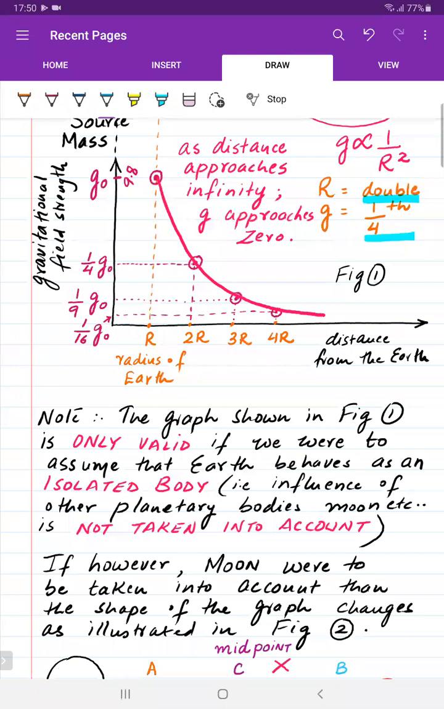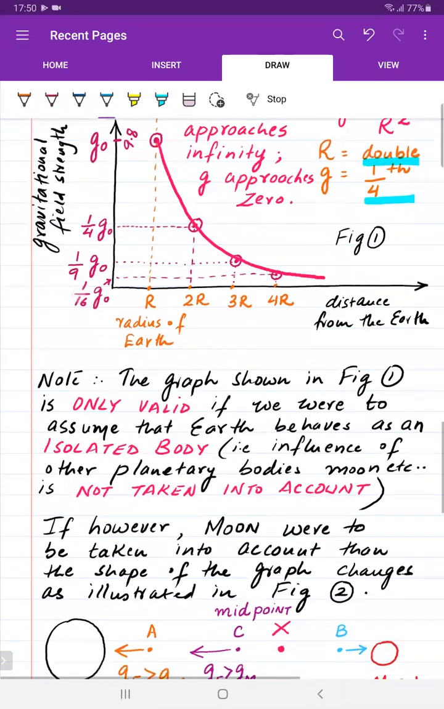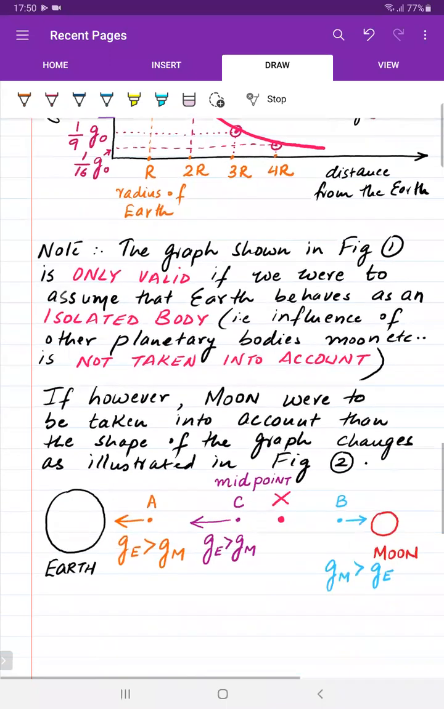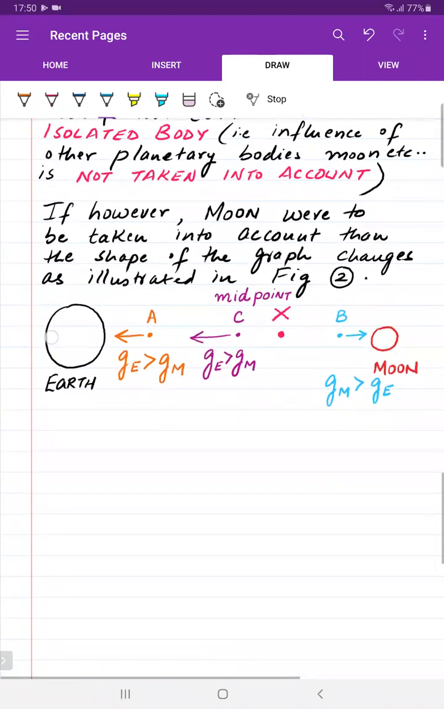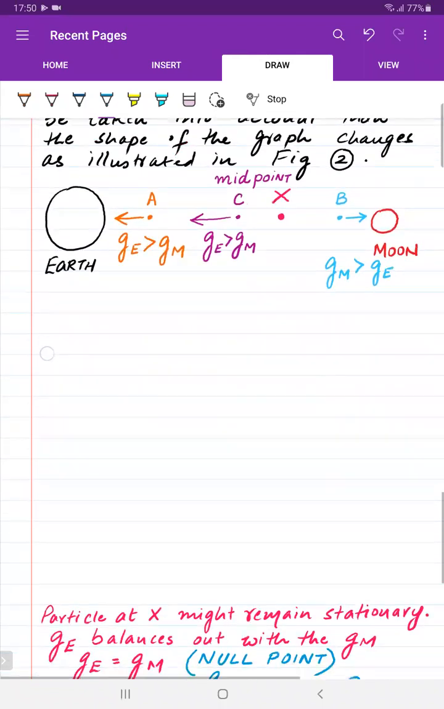Aisha, you're right. So this point is the Lagrangian point, ठीक है, where the gravitational field strength of one body balances out or nullifies the gravitational field strength of the other body. So anyways, coming back to the working that we were doing,